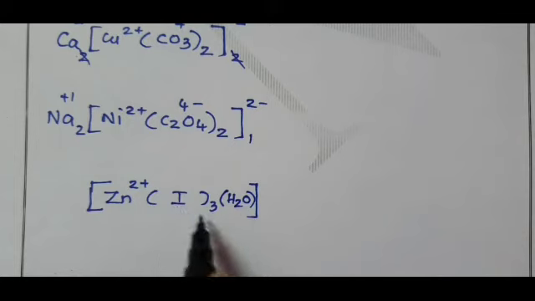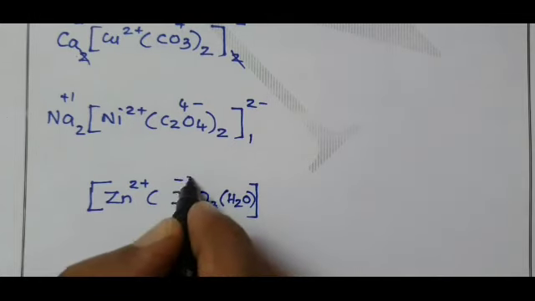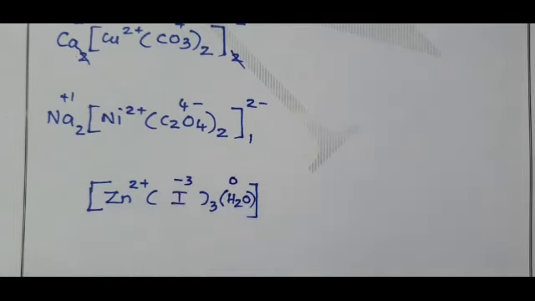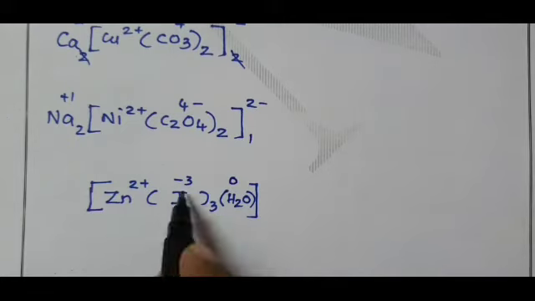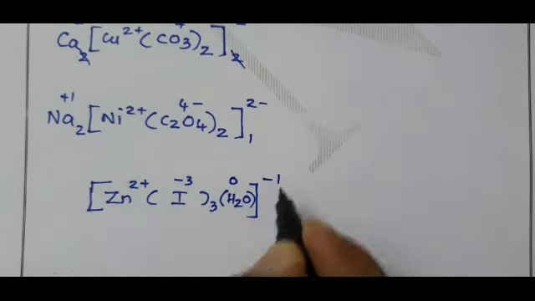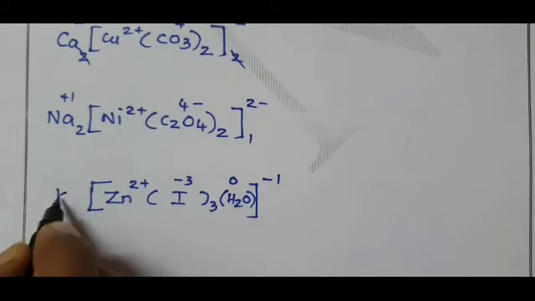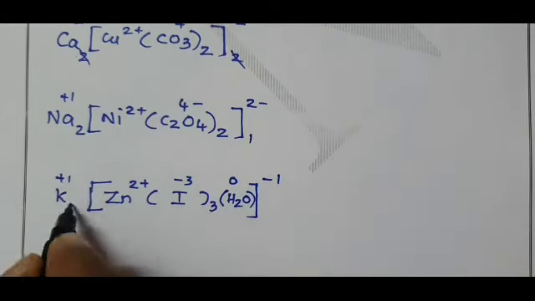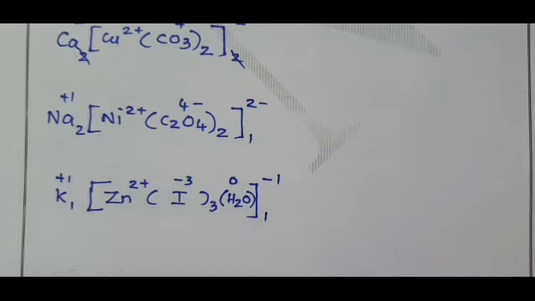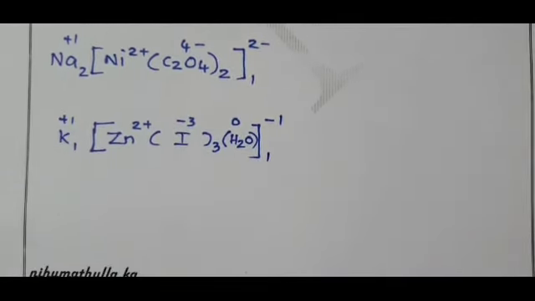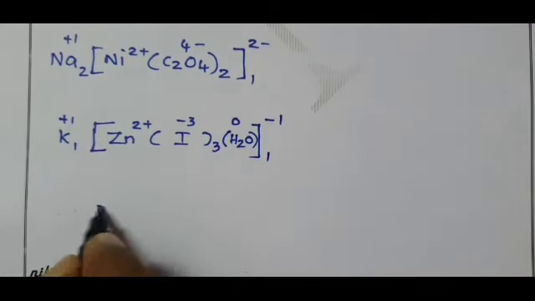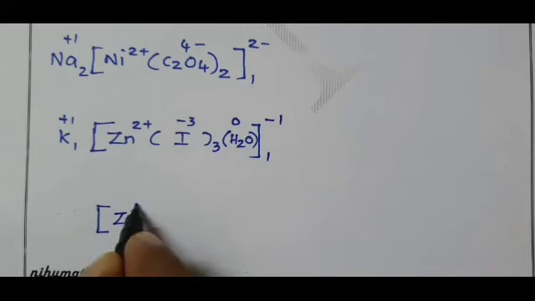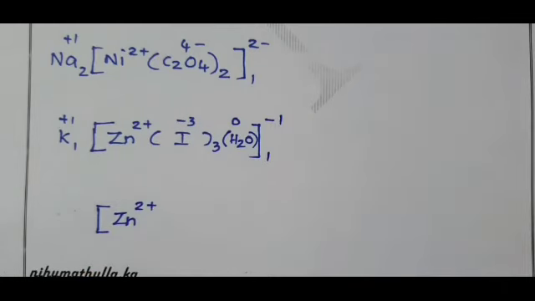1 iodine 1 minus, 3 iodine 3 minus. Aqua, neutral ligand, 0. When you add these two, you will get minus 1 on the complex. That minus 1 is neutralized by adding plus 1. When you cross that valency, that one is here, this one is there. Complex is obtained. Again you divide by use of bidentate ligand and monodentate ligand, Zn2+, coordination number 4.